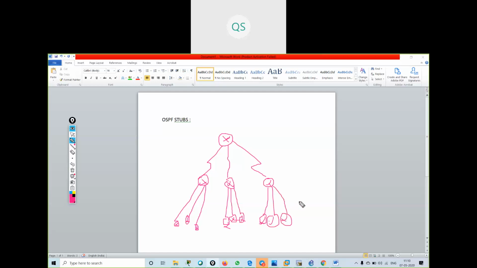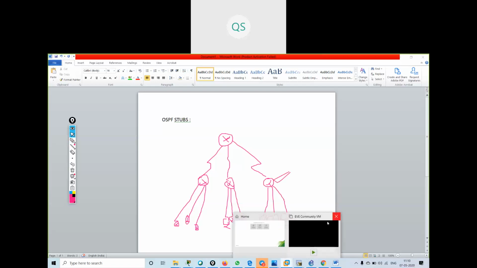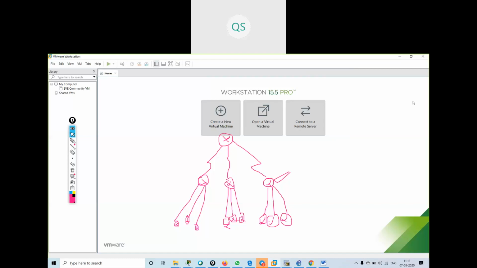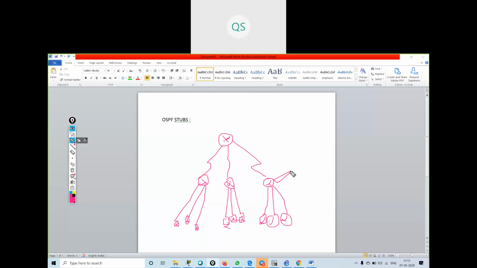Over here I am running some different routing protocol, suppose EIGRP. I'm running EIGRP over here.